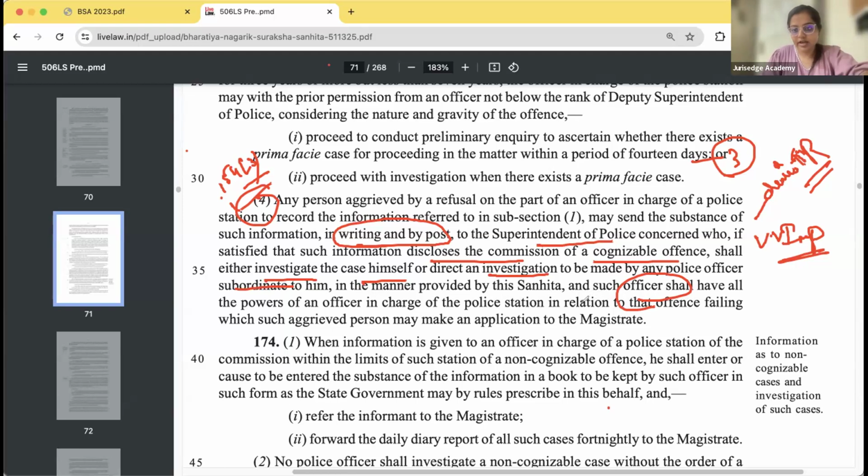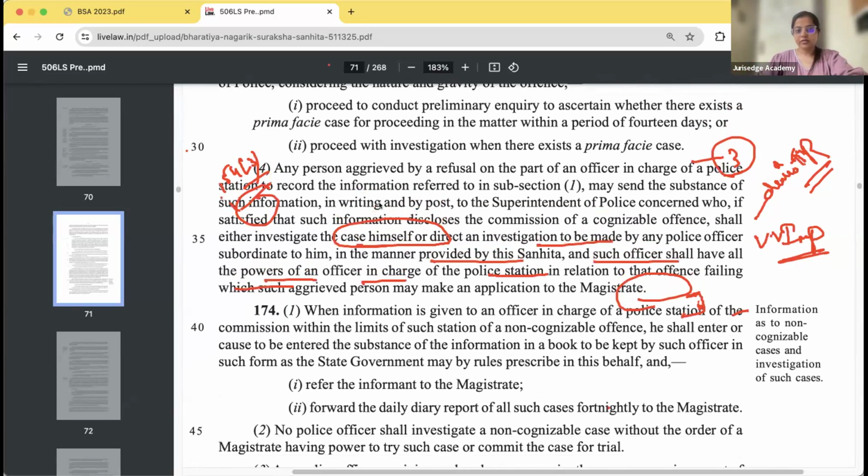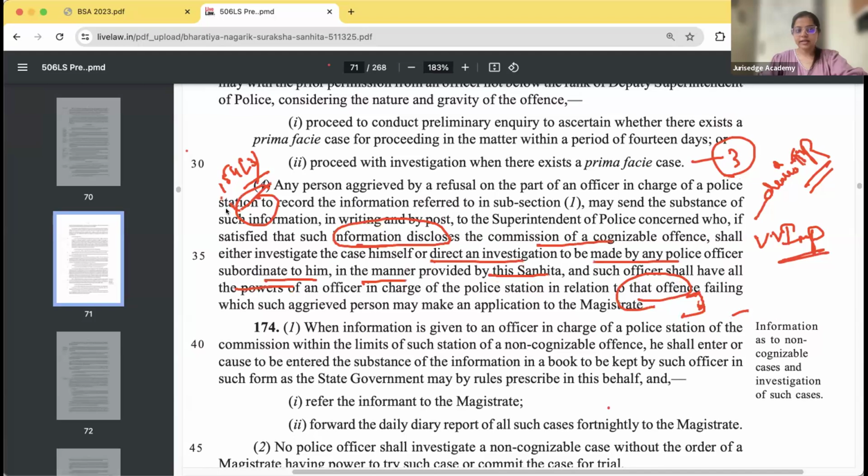Now, till here, the old law was finished. Failing which, such aggrieved person may make an application to the magistrate. So earlier this was implied. पहले ये understood था. The law was silent on it. This was very understood that if